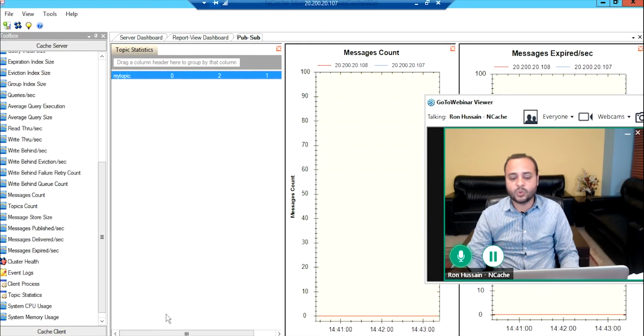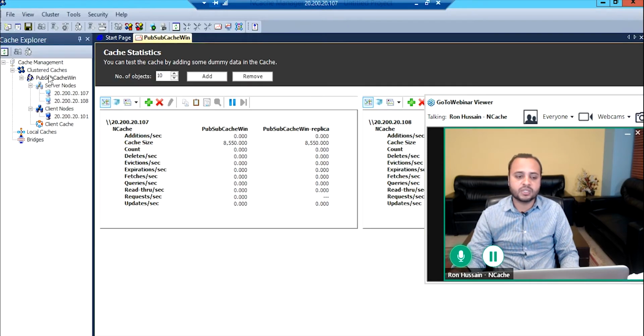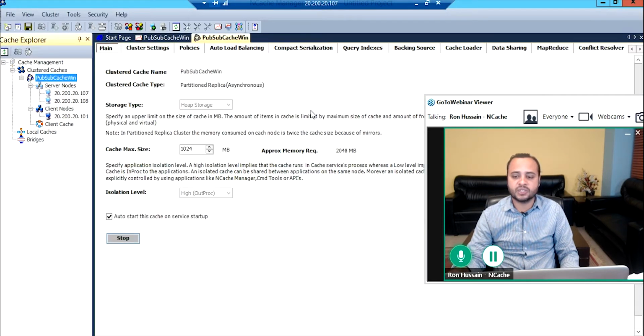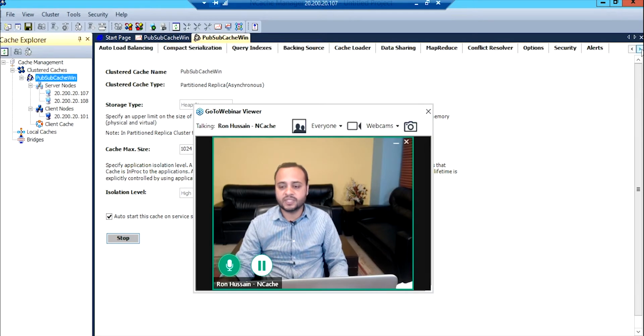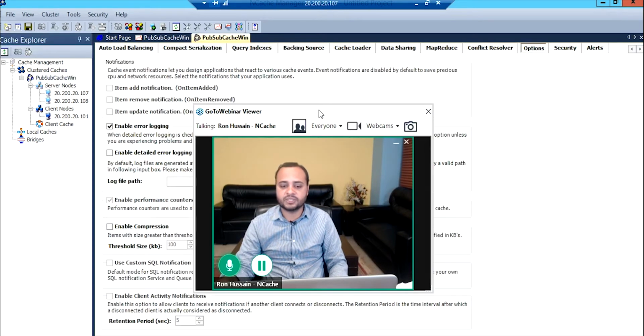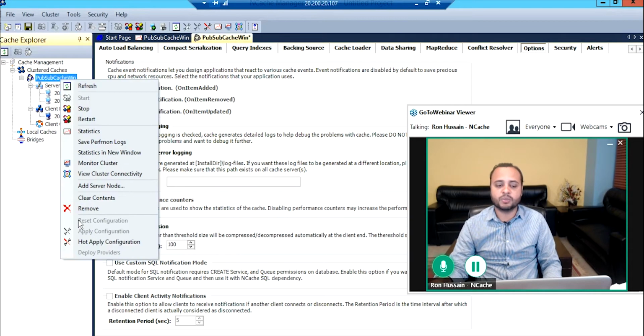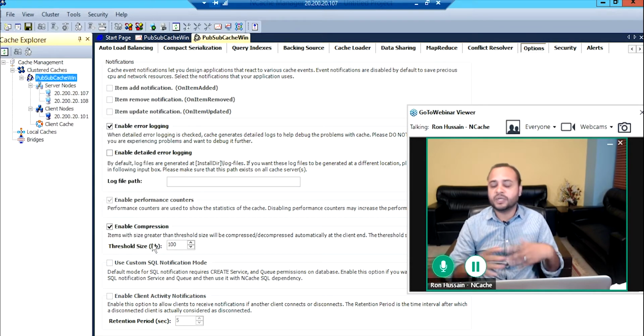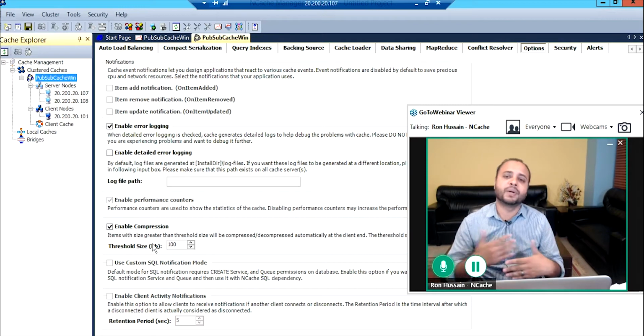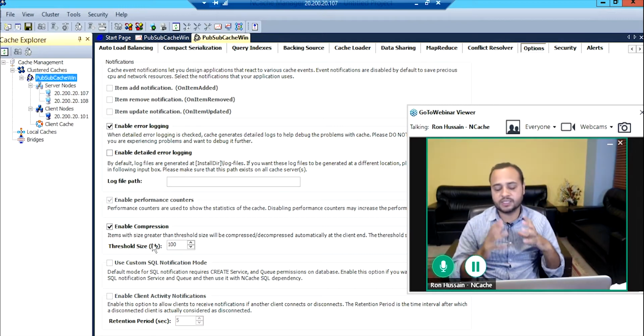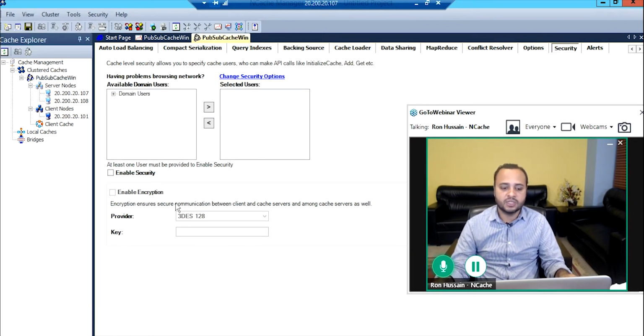All you have to do is come to the cache itself and go to the options, because everything is driven by NCache itself. So you can enable compression, and you can right click and choose hot apply configurations. Compression is for objects which are bigger in size. If the message payload is bigger in size, you should turn on compression. And encryption is another option right here. It would require that you enable